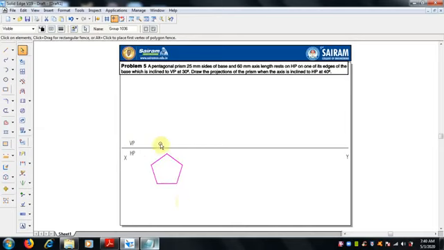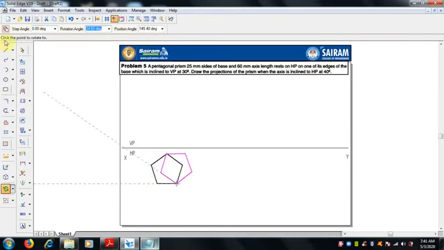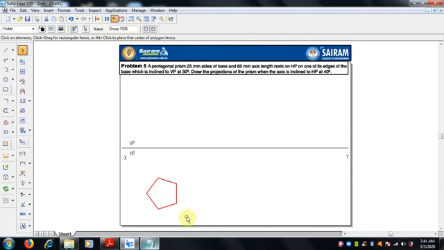Now the pentagon is done, but it has to rest on one of its edges, so we have to rotate it. The copy command is switched off because it will be rotated. Now it is rotated to the edge, and I can move it nearby.